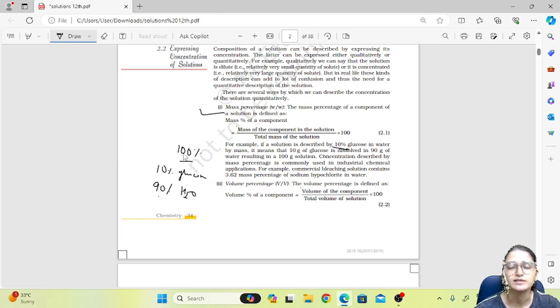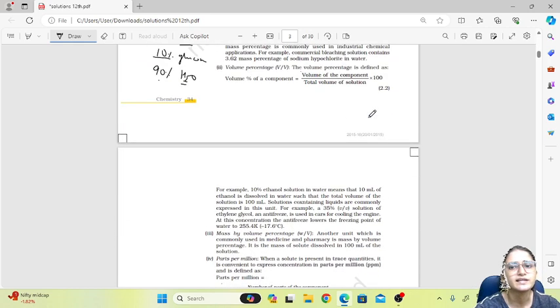Sometimes in problems they directly give 10% glucose makes the solution, and so on. In that case they don't give the mass, like how many grams of glucose there are. So you have to understand the mass through this. When it is given 10% glucose, you have to consider it as 10 gram. When they give 20%, 30%, you have to consider that in grams. If you have 10 gram of glucose, then the remaining 90 gram will be water. This way you have to understand it, because most of the time they don't give the mass directly, they only give the percentage.